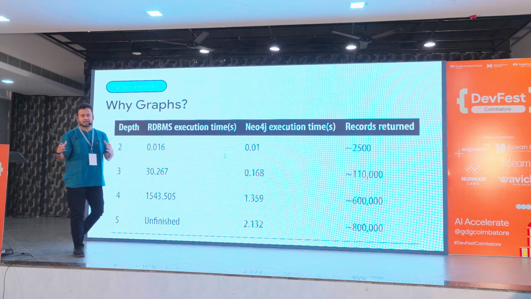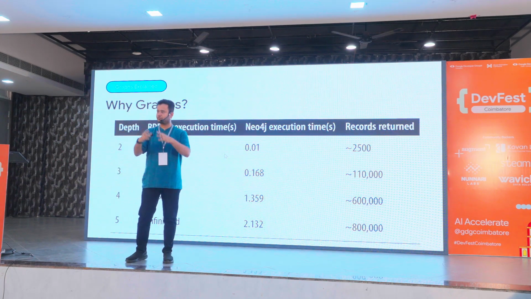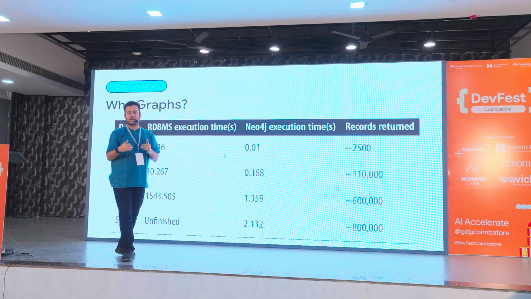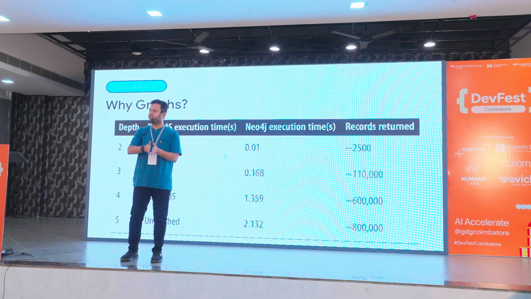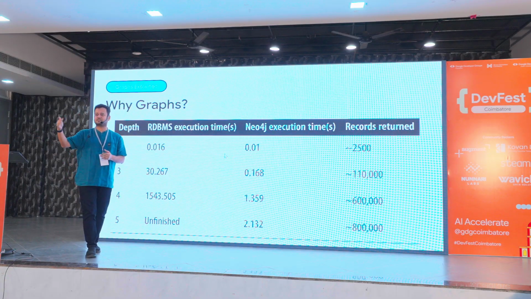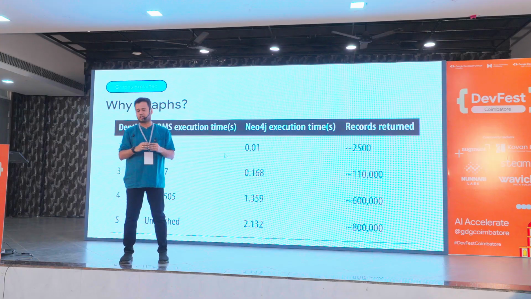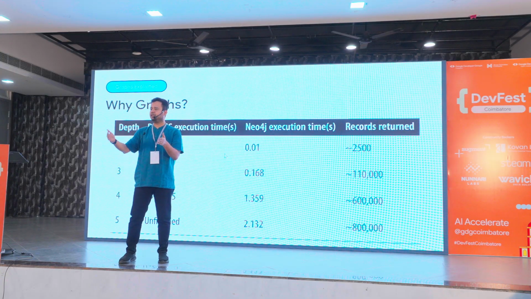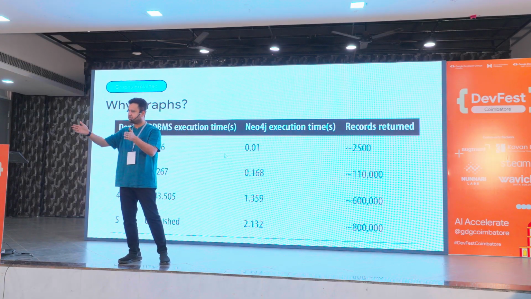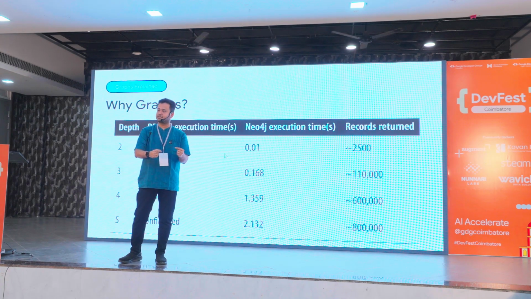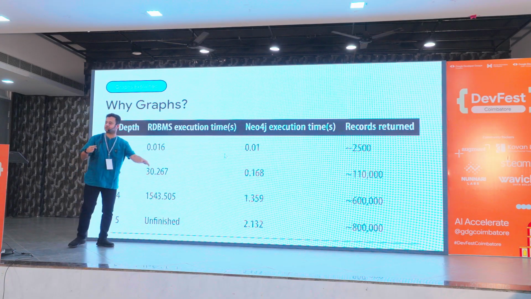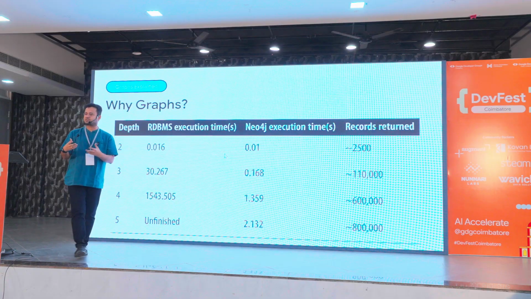Perfect. So if I take a data set of 1 million of all of you here, right? Imagine there are 1 million people in the room, and if I try performing this activity of finding friends of friends of friends of friends, like there are 5 levels of self joins, think of it as 5 levels of self joins. If I have to run this query and get the results of all of the friends of friends of friends of friends of friends for all the individuals that are present in this data set, MySQL would basically not complete in the right amount of time because it is unable to process so much of self